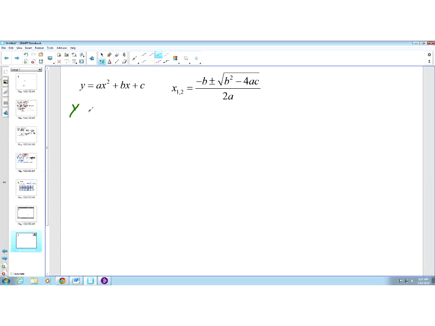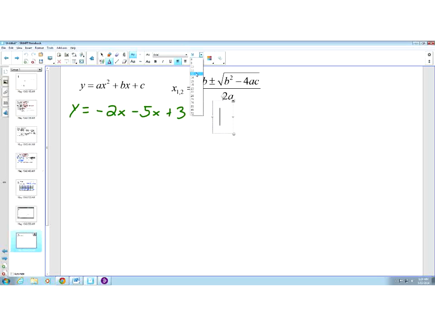So y is equal to negative 2x squared minus 5x plus 3. So we're going to graph this function in light of the notes that we have so far. So to do so, with parabolas, we know that when we consider the leading coefficient of a parabola, in this case the leading coefficient is -2,